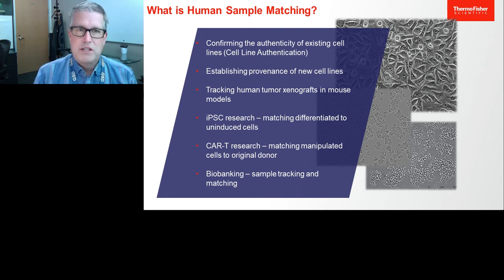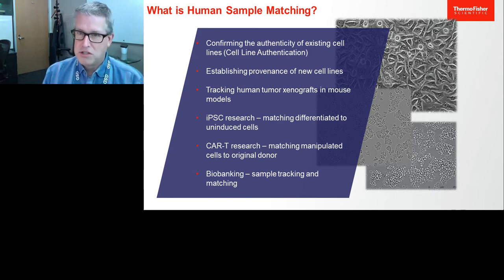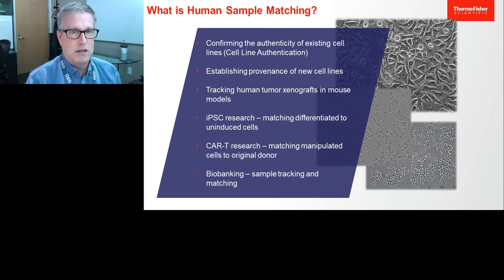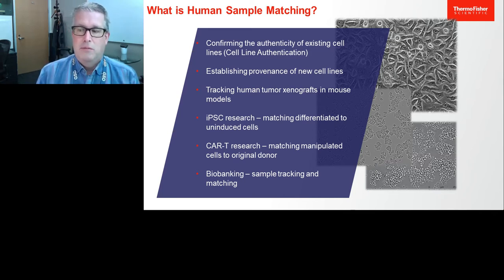So there are various ways that human sample matching can be done. It involves confirming the identity of existing cell lines, and this is usually known as cell line authentication. It's important for establishing the provenance of new cell lines that you might establish in your own laboratory. You get a fingerprint of these cells so that you know that down the road those cells have maintained their identity. It's a way for tracking human tumor xenografts in mouse models. When you're doing induced pluripotent stem cell research, it's a way for matching the undifferentiated cells to differentiated cells that you have